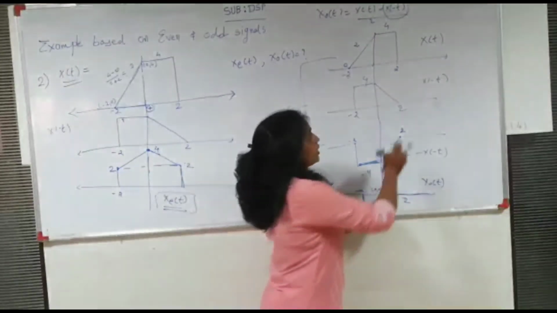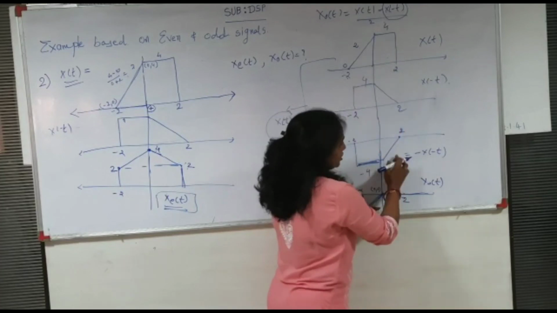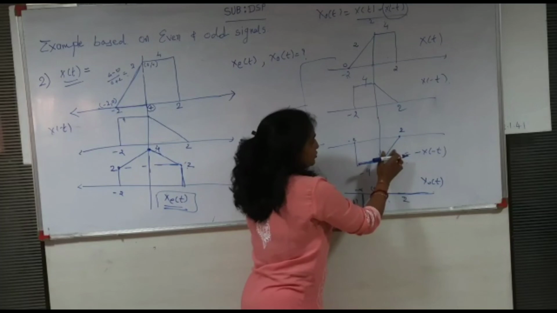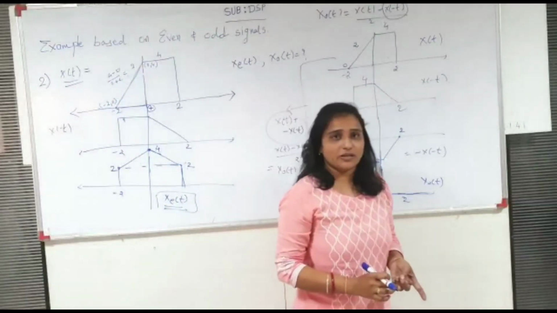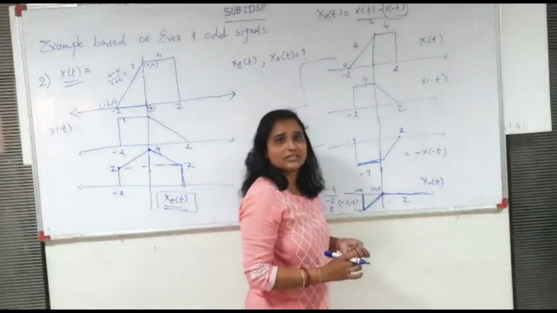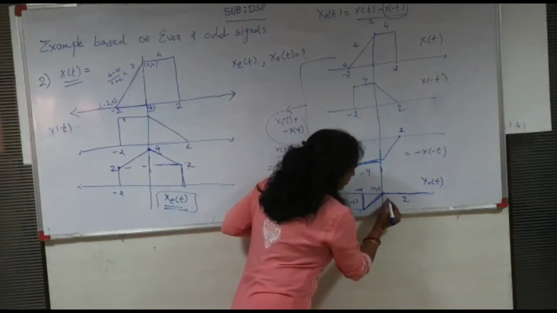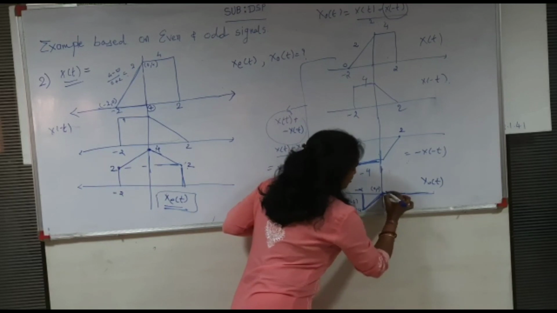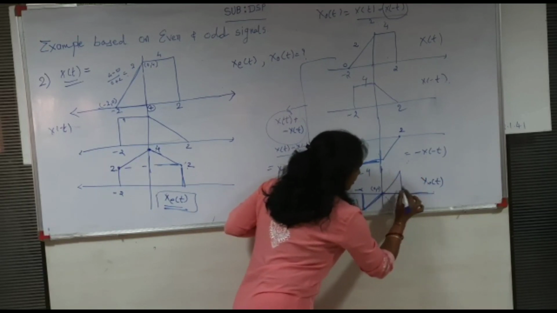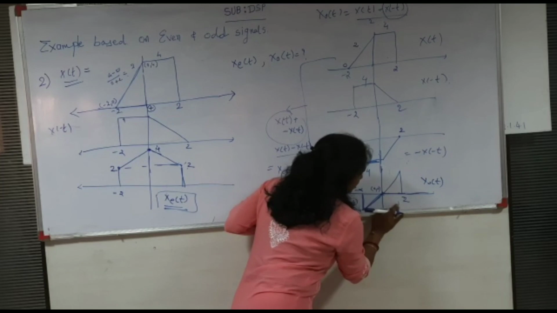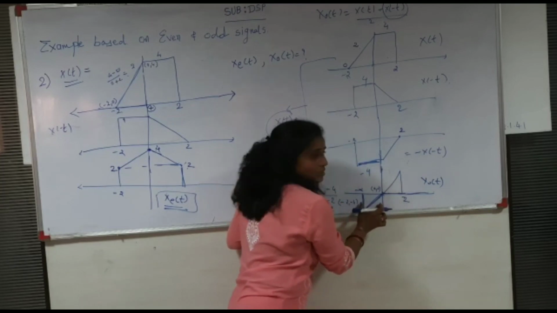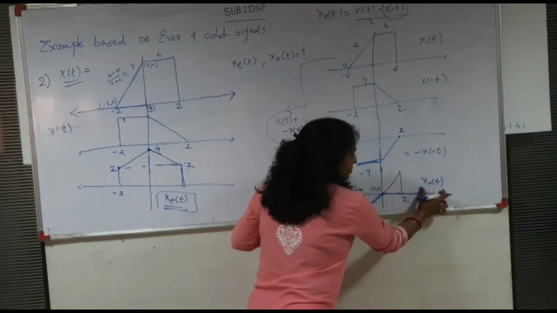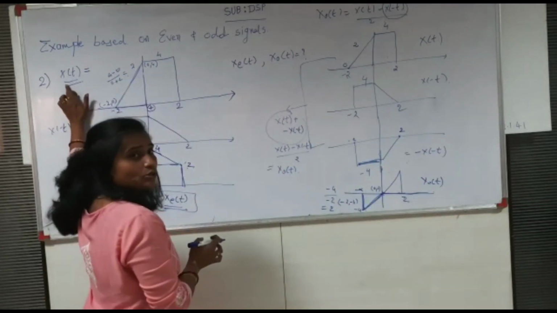Okay, now to find out this portion to this portion, we are not applying this method of adding this portion to this portion; we just apply the odd signal property. The odd signal property is nothing but drawing the reverse of this signal, with the amplitude also reversed. So this is nothing but this way. So we are directly applying the odd property by knowing this signal. Okay, so this is nothing but the odd component of our graphical signal x of t.